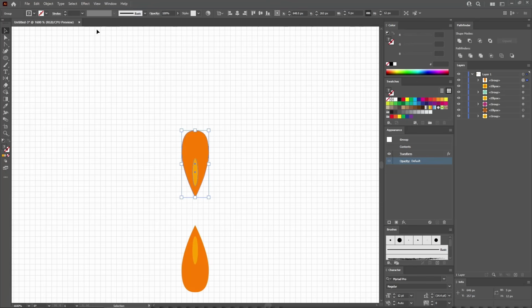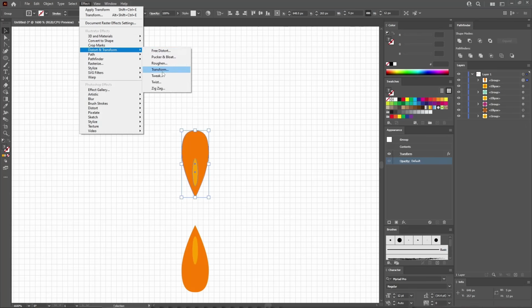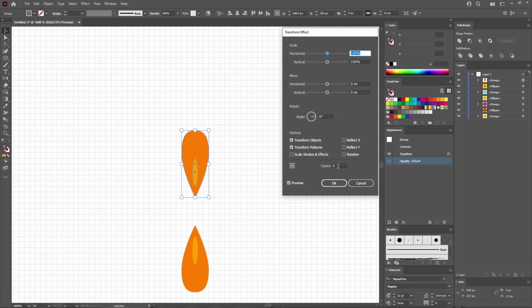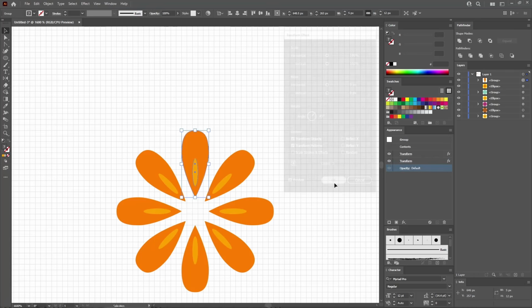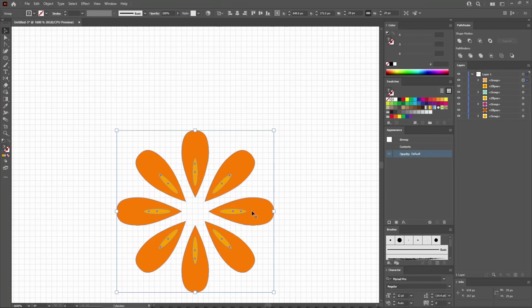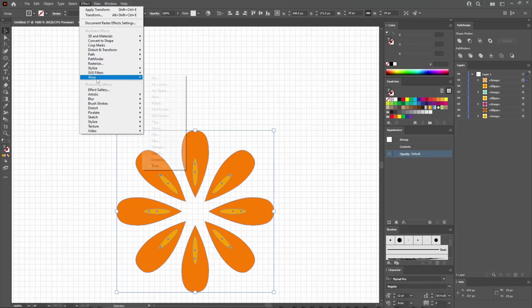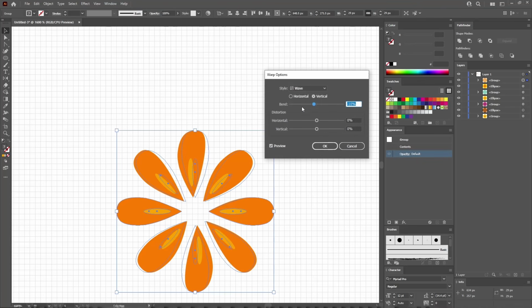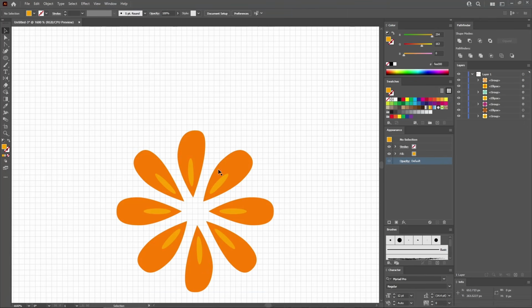Click OK, and let's apply a second transform effect. For this one, set the number of copies to 3 and the angle to 45 degrees. Click OK to apply the second effect. Let's expand these effects by going to Object and Expand Appearance. Keep this resulting group of shapes selected and go to Effect, Warp, and Wave. Check this vertical box, set the bend to -10%, click OK to apply this new effect, and now let's create